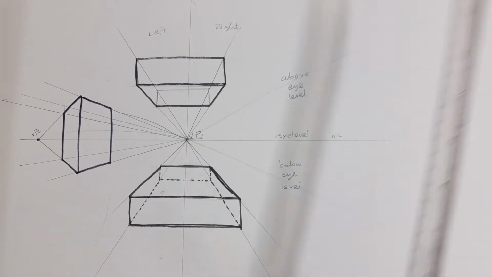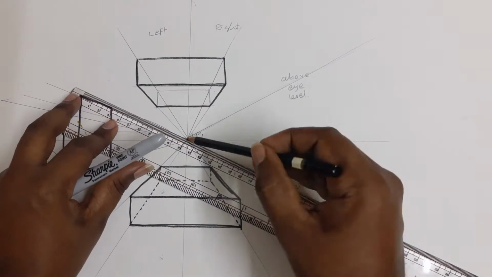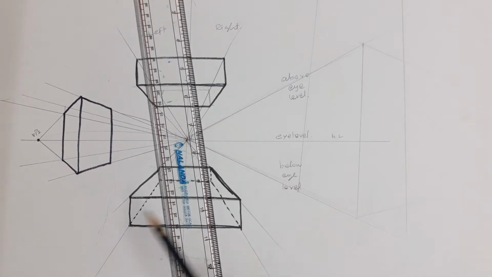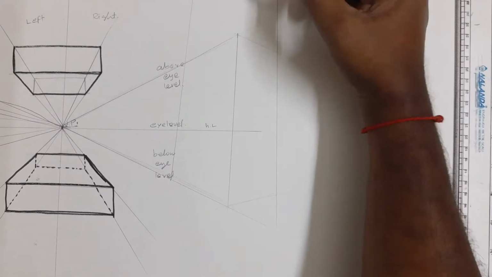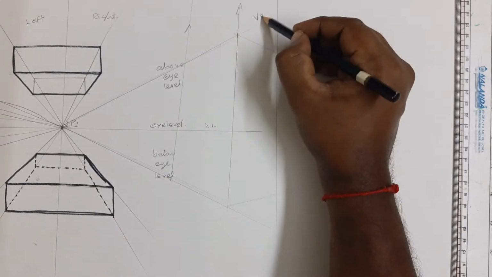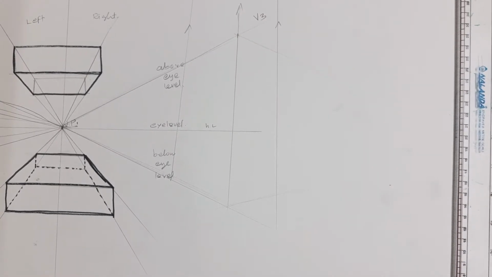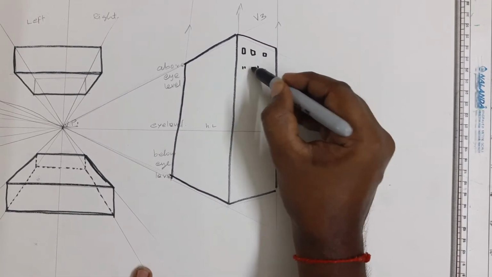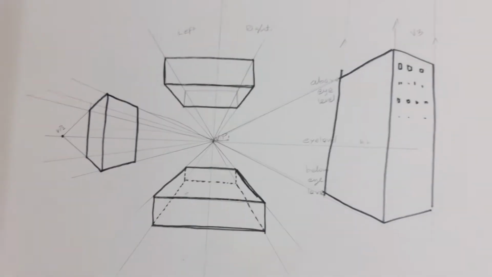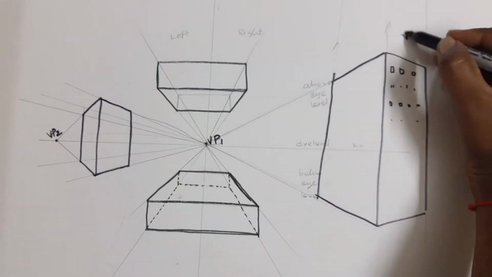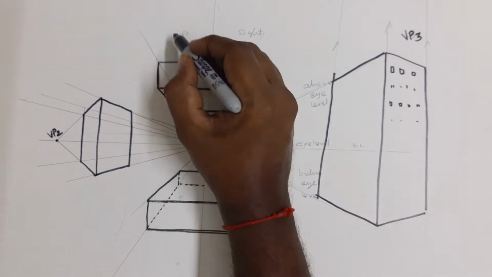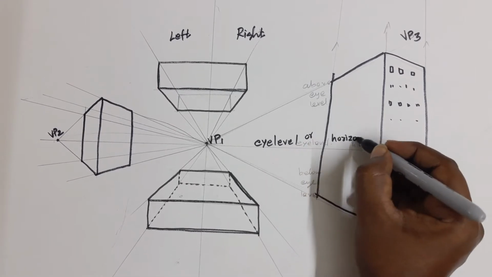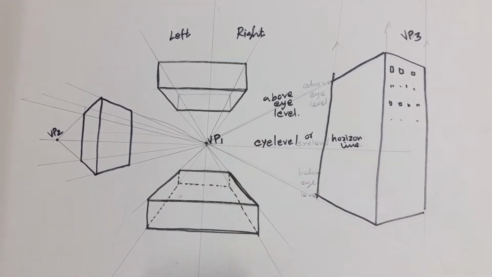Now 3-point perspective. In a 3-point perspective, all the lines in the object go towards the vanishing points. In a 3-point perspective, we have 3 vanishing points. Most of the 3-point perspective drawings are of bigger objects like buildings. In a 2-point perspective, the vertical lines are parallel and 90° in angle, but in 3-point perspective, the vertical lines also go towards the vanishing point, the third vanishing point.